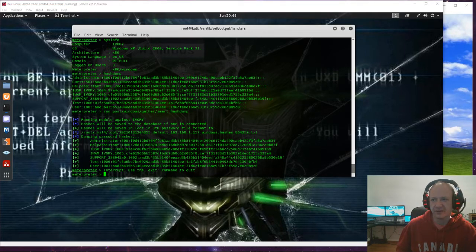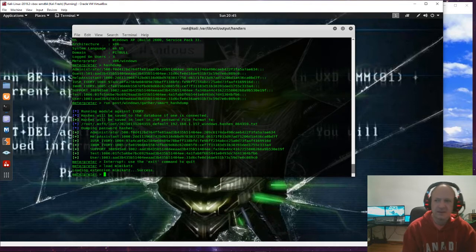Now we're going to go something a little bit more advanced. Not super advanced, right? But it's advanced. We're going to load Mimikatz. I haven't played with this a ton, right? So what we can do with Mimikatz is something like wdigest. Actually, let me show you that with Mimikatz in here, you can